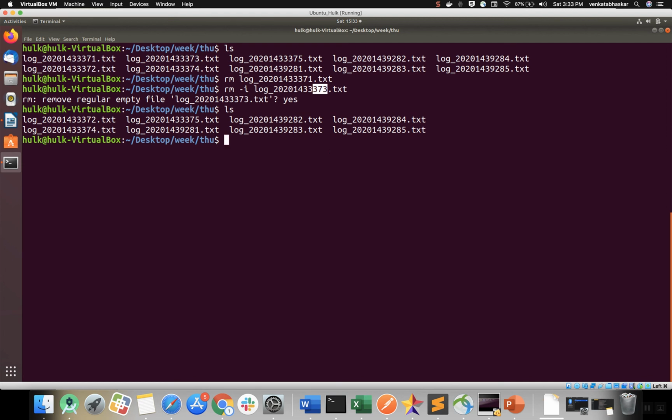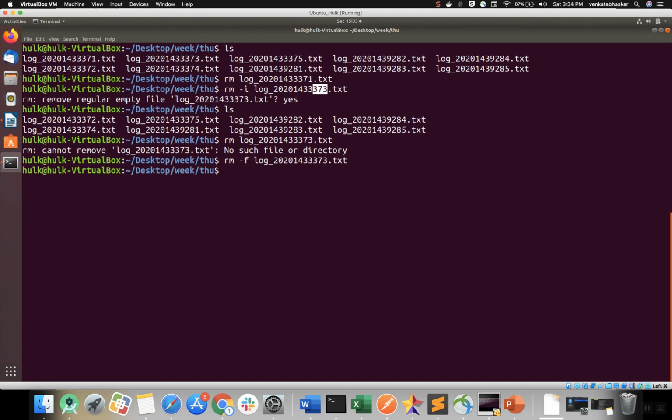So what I will do, same command, I'm removing with -n. Now enter. See what is happening here? It is throwing an exception message to the user. So I don't want to throw any exception. Then how can I do this part? So simply use -f. That means a force removal of a file. See, whether the file exists or not, it doesn't matter. Just you can forcefully remove the file.